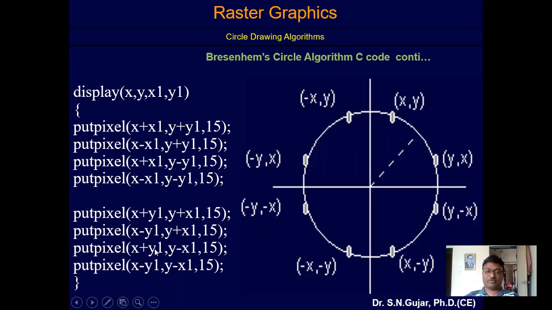Now then I have to replace this value x1 with y1 and y1 with x1, means the values are going to swap. Now again I have to repeat, that is plus plus, minus plus, plus minus, minus minus. This is the 4 and this is the 4, becomes 8, and this is the A2A symmetry complete. So the same things you may write in the C code or the C++ code, okay, and then close the curly bracket. So you may write in C or C++, only you need to include iostream.h, or suppose you write in the C language, then you have to use stdio.h.